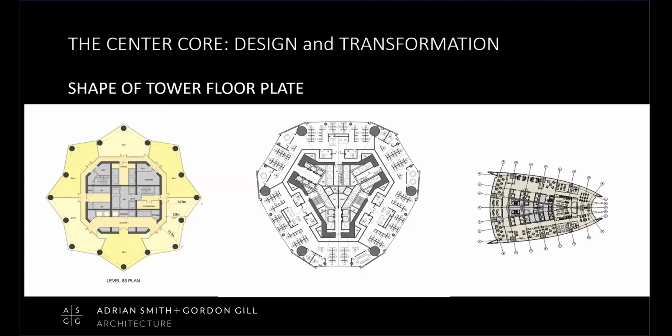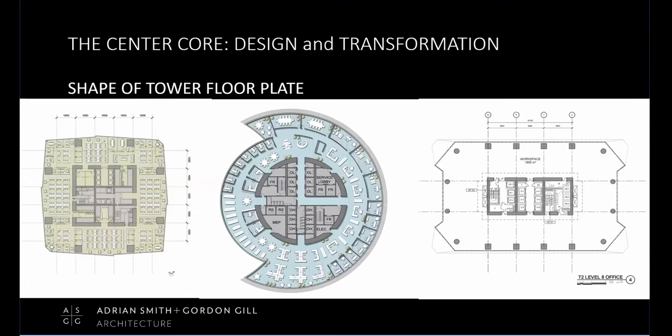So talking a little bit about the shape of the tower footprint, here are some. You probably saw some of these in Adrian's presentation a few weeks ago. The shape of the core, when you start out designing a core, you start with thinking about how it fits within that building footprint. And it sounds trite to say, but it is very important because, again, this lease span is really